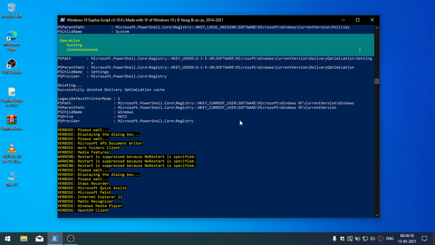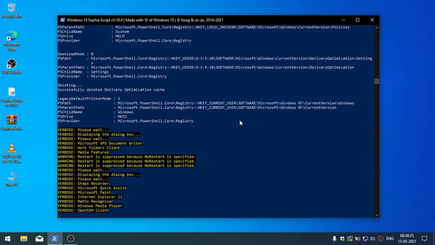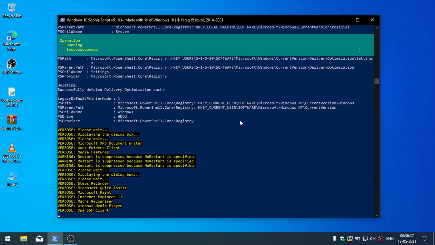Wait, let the script run. Don't hit anything. Don't hit space. Don't hit enter. If you accidentally hit spacebar or enter, it will skip that function, so you will have to run the whole process again. You will have to run this script again because you have pressed enter. So always remember, don't hit any other key. Just wait.